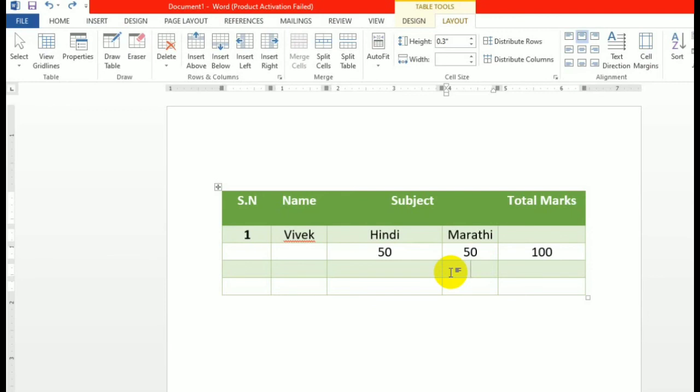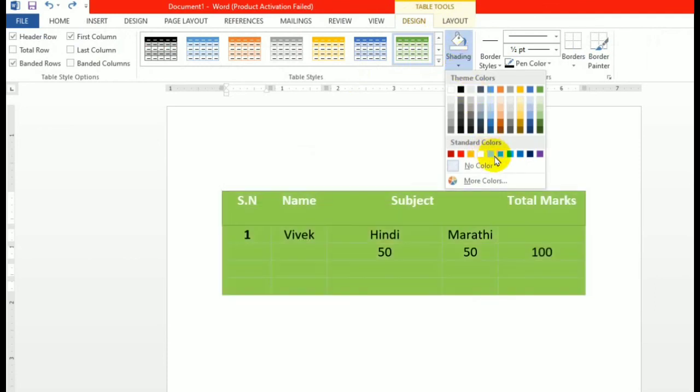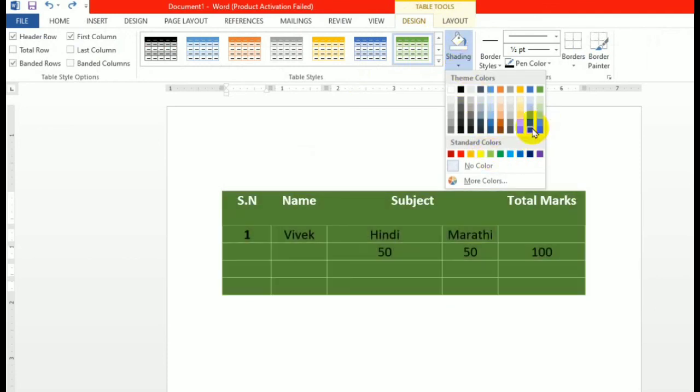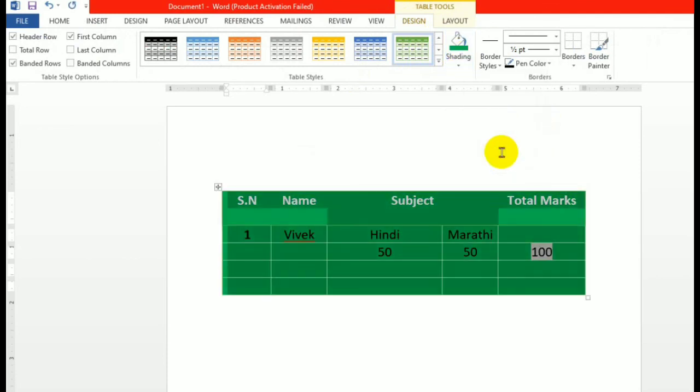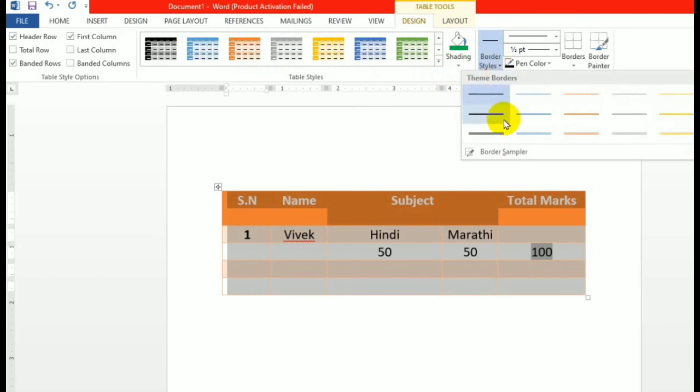And if you want to reverse that action, you can use the redo option, which is beside that undo option. Okay, so this is all about the column and row height and width management. And there are a lot of shadings too, so you can use any shading for your table.